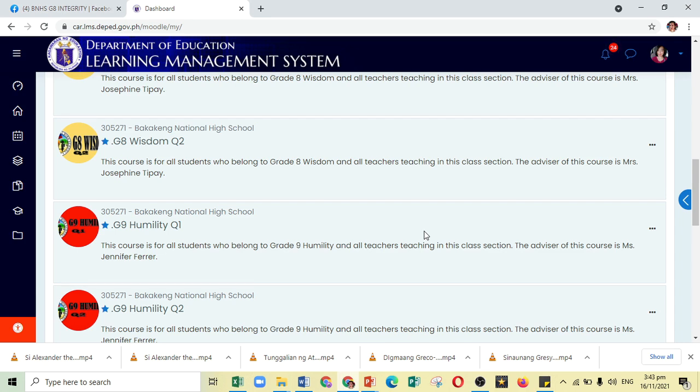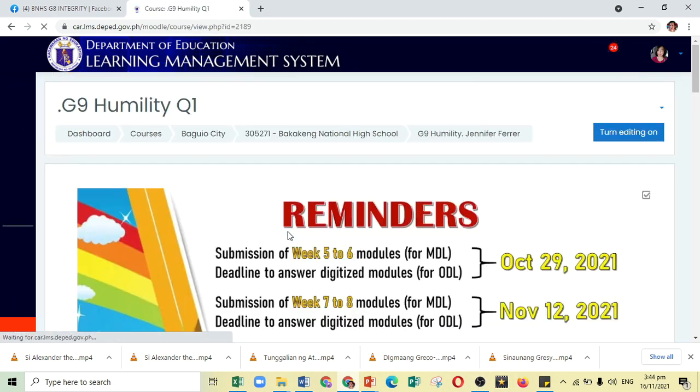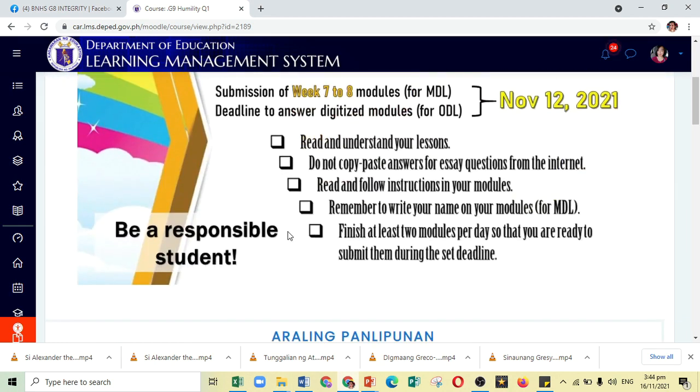How do we duplicate courses in Moodle or in DepEd LMS? What we all schools have is one course for every class section. However, our school calendar is divided into four quarters. And if I am going to open one LMS course of a particular class section that I handle, if I